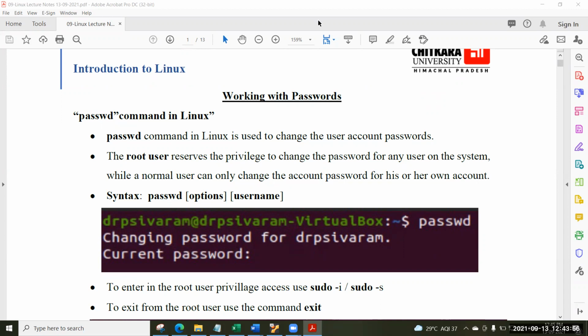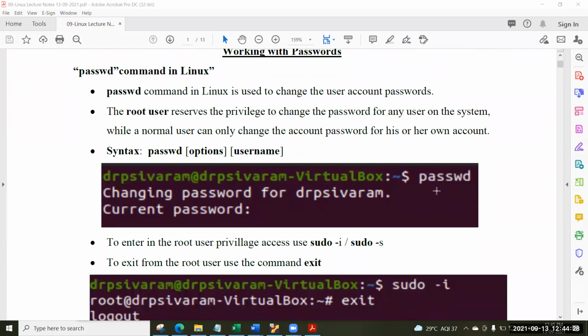Please respond. passwd is a command in Linux. It is used to change the user account passwords. We know what a user account is and what the root user account is. The root user reserves the privilege to change the password for any user on the system, while a normal user can only change the account password for his or her own account. So for example, in the normal user, not the root user, if you provide passwd,